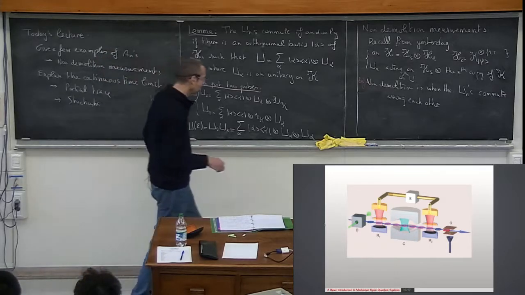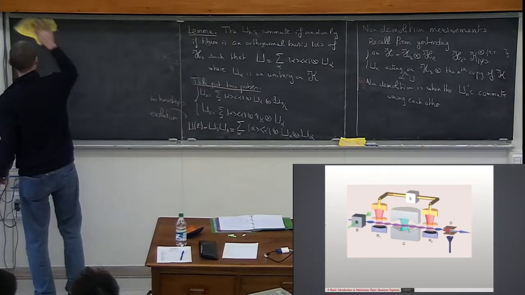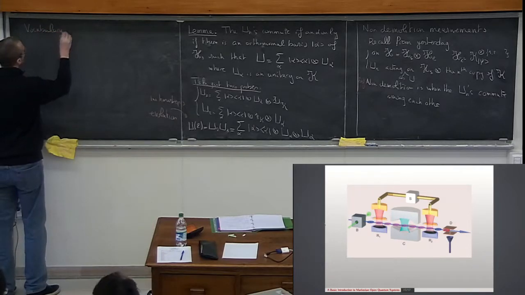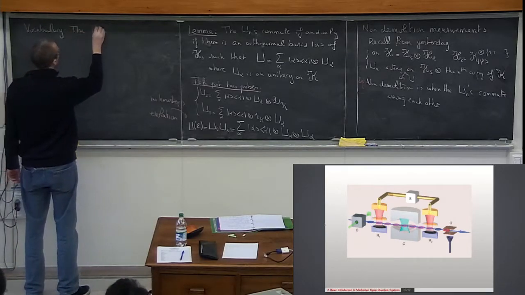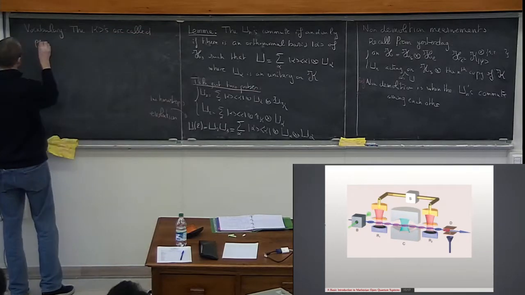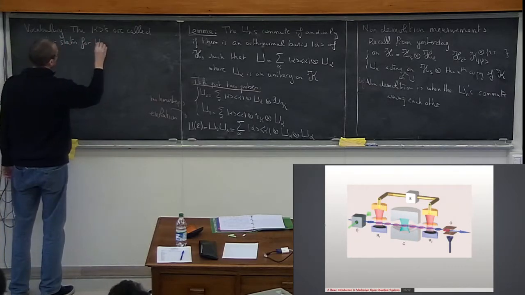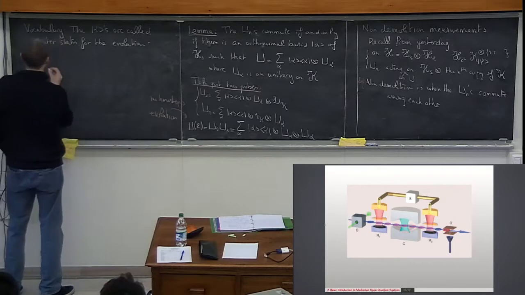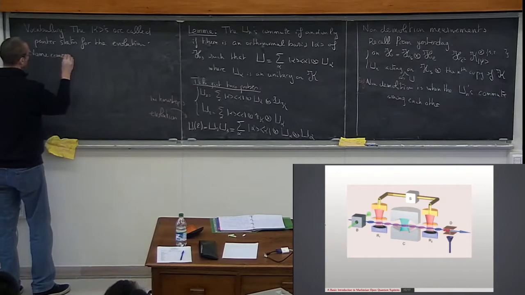And now we need some vocabulary. The alphas are called pointer states for the evolution. And the name comes from